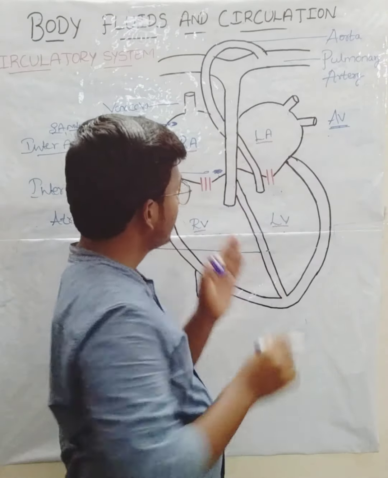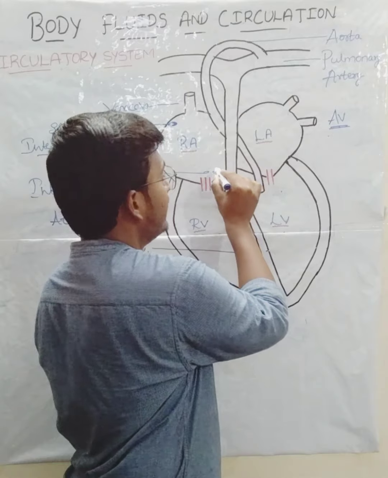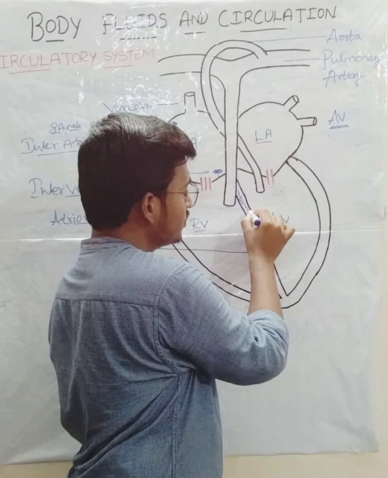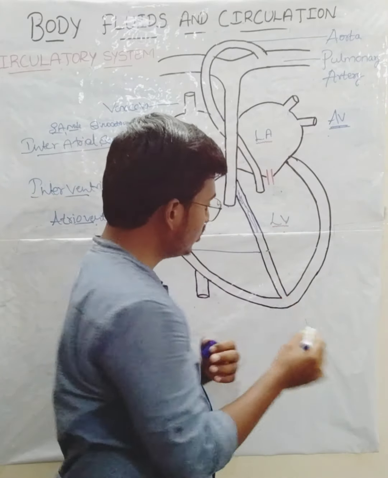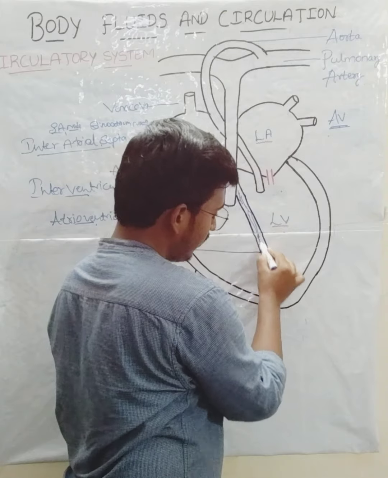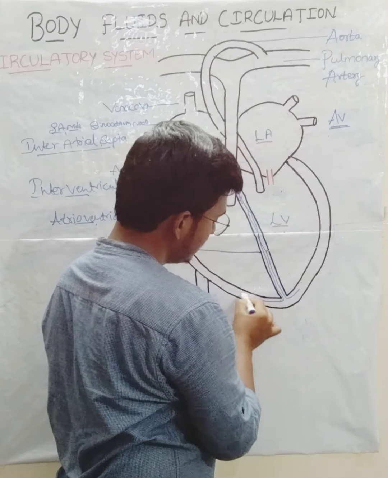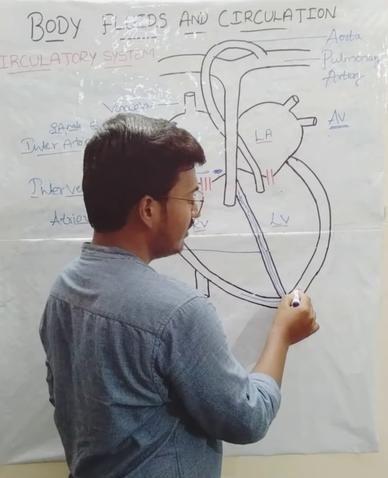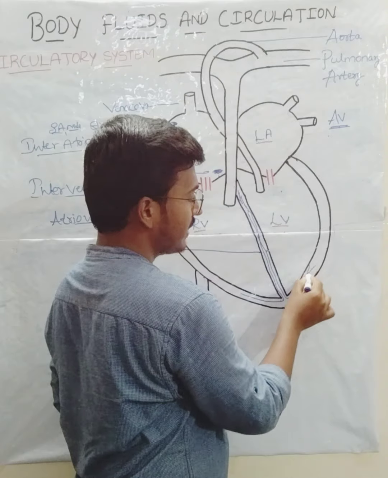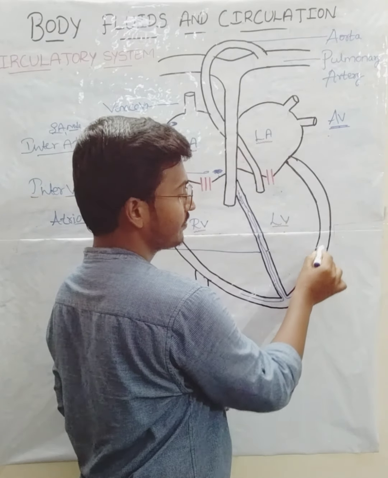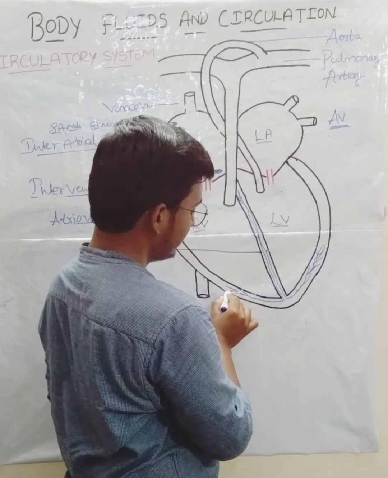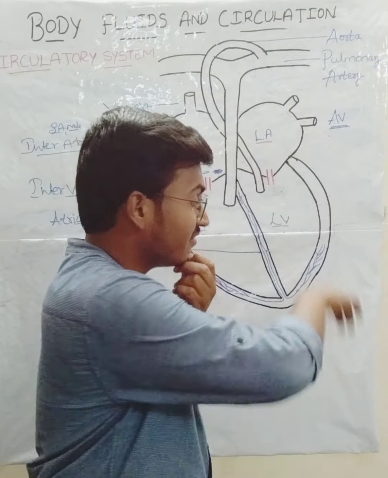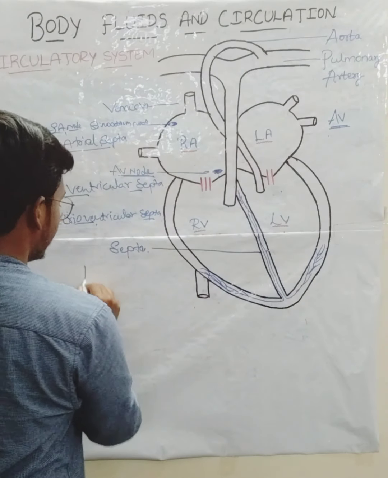Through the septa, from the atrioventricular node, it moves down and divides into two branches. The two branches come to the covering of the ventricles, and they divide again, branching like fibers on both sides, the left ventricle and the right ventricle. Those fibers are nothing but the Purkinje fibers.